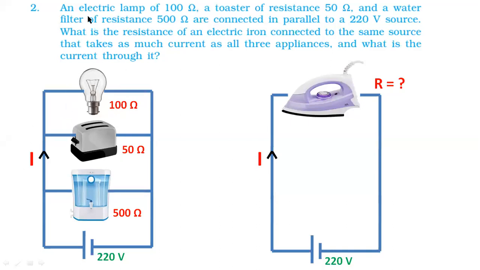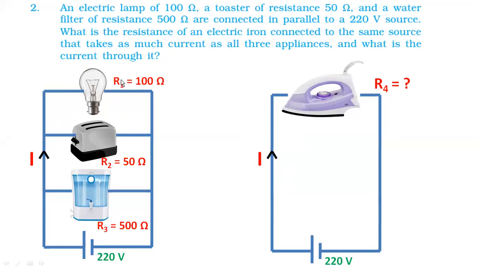If we calculate parallel resistance, we can find out current by Ohm's law. We can use the same value to substitute here as the I value. Okay? So first what we'll do, we will find out the total parallel resistance of these three. That is the first thing we'll do. So let us do that.